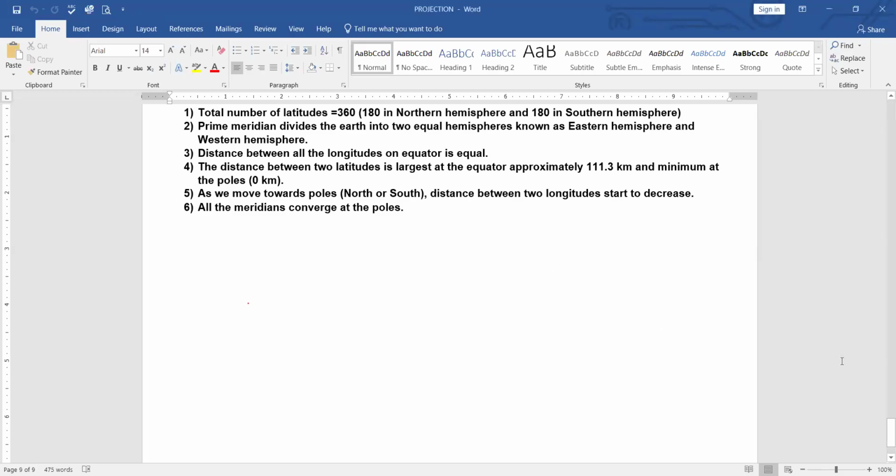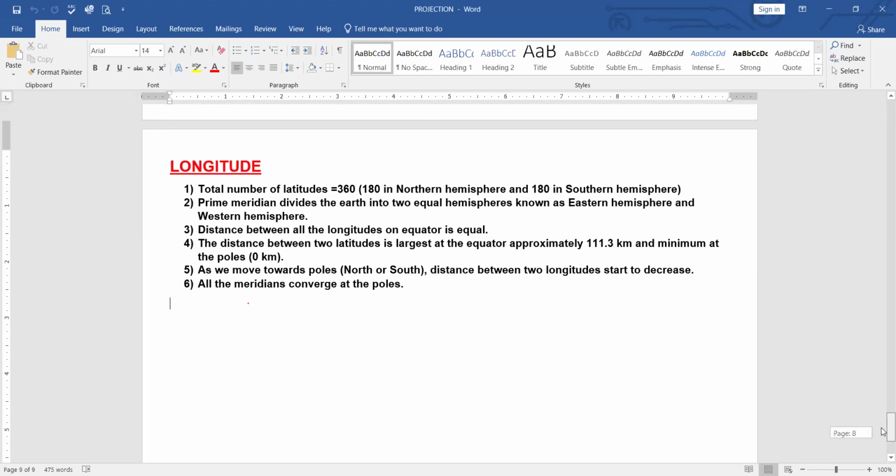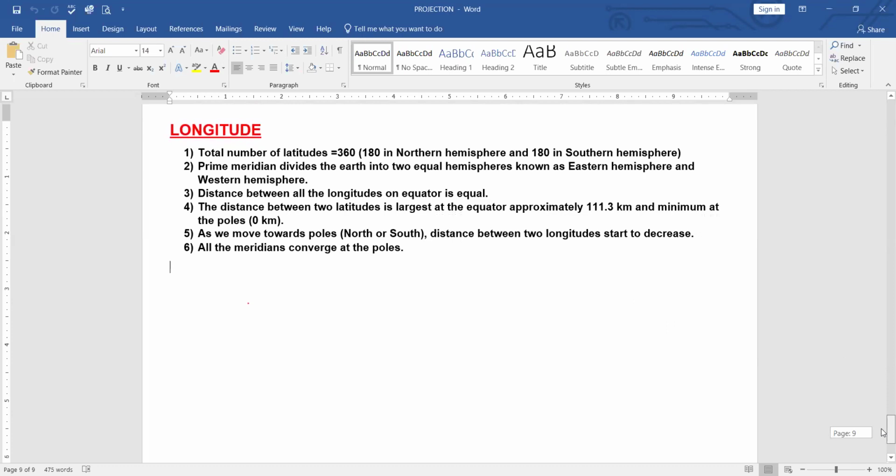Hello everyone. So today we are here to discuss longitudes, like what are longitudes and how to make longitudes. Before discussing these points, let's make a diagram showing longitudes, and then it will be easy to understand these points. For making longitudes, one thing you need to keep in mind,